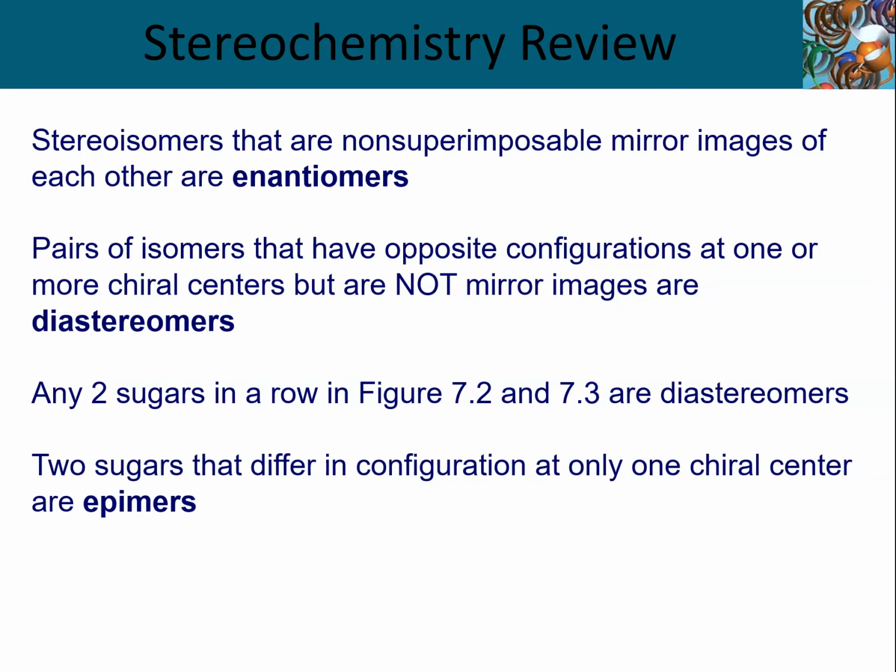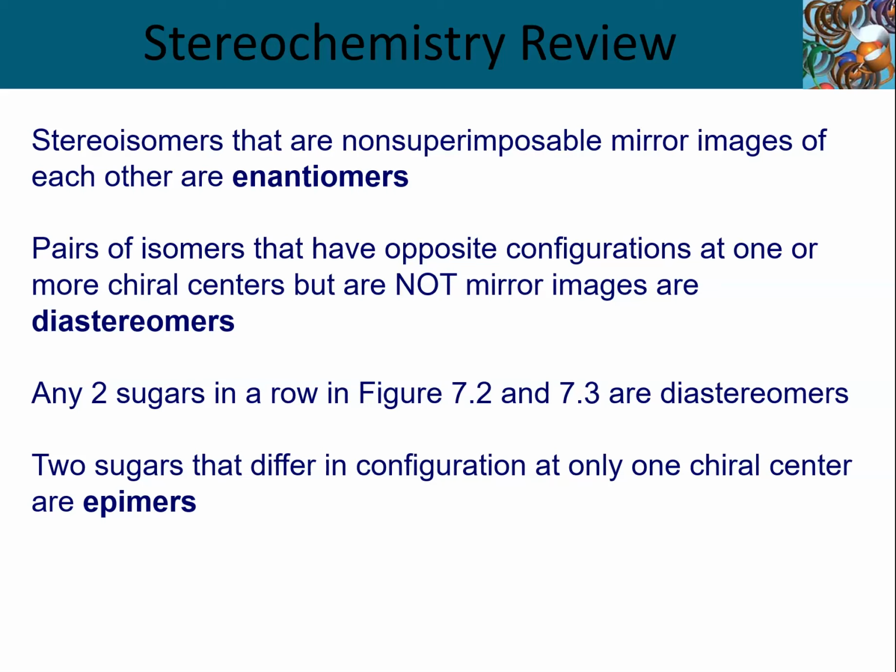So if you were to encounter a question regarding stereochemistry of carbohydrates, and in classic multiple choice exams which deal with the biochemistry of carbohydrates, there's almost always going to be some kind of question regarding stereochemistry. Remember that stereoisomers, which are non-superimposable mirror images of each other, are enantiomers. So if you take a mirror image and you can no longer superimpose that mirror image through any three-dimensional rotation, that's going to be an enantiomer.